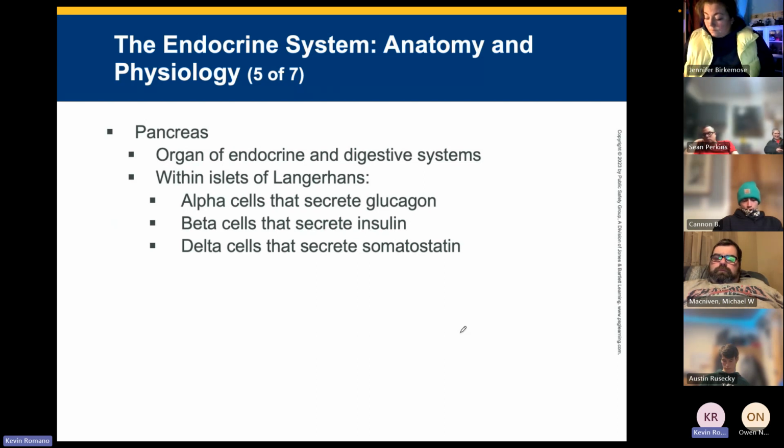The pancreas is an organ of the endocrine and digestive system, within the islets of Langerhans. Remember, this is where alpha cells secrete glucagon, beta cells secrete insulin, and delta cells secrete somatostatin. Somatostatin is responsible for the inhibition